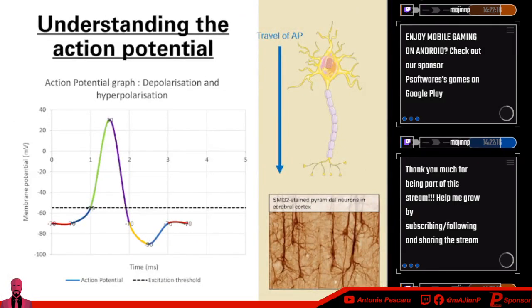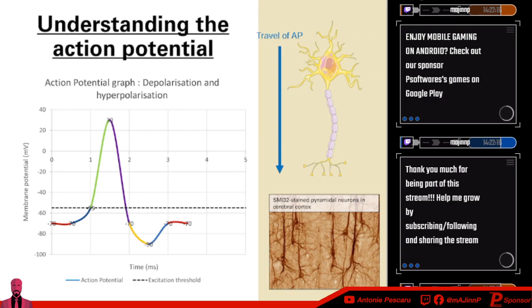But before we get into the core of how an action potential triggers and how it works, we have to understand this graph, and I'll try to explain it as easily as possible in my own words. I'll start first with saying how the action potential travels. It travels from the dendrites all the way down to the synapses. And the way it does that